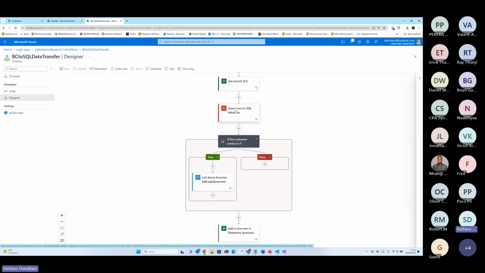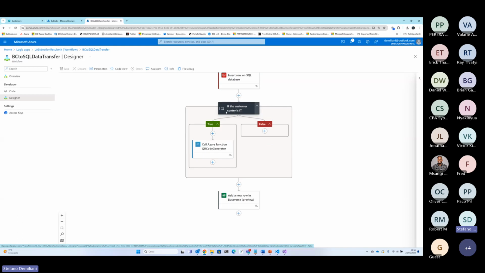So I have a connector for Azure SQL that can be online or also on-premise. So you can also save data into your SQL on-premise. And then it's doing other conditions. If the condition is true, I call an Azure function, for example. So you can also call an Azure function or something like that. And then I insert the record in Dataverse. So I also have a connector for Dataverse, a connector for every type of application you want. So very, very powerful. And remember that